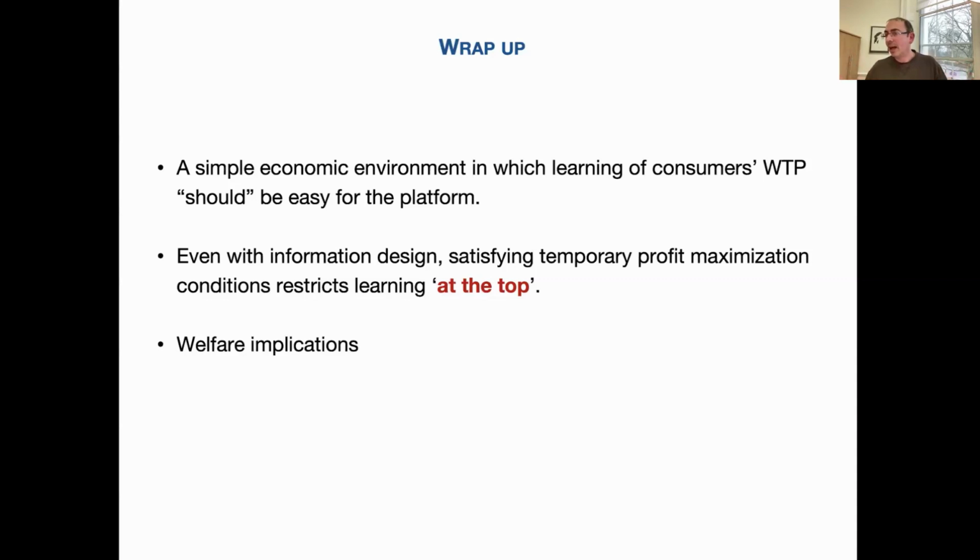Now you may say, I don't like that equilibrium refinement, so I can go to a different equilibrium. But it's not that straightforward. You need coordination. And it's very difficult to formulate this refinement in a more elegant way here because I have a continuum of consumers. But if I were to write down the model where I don't have a continuum of consumers with characteristic C, but a discrete number of consumers with characteristic C, I could rule out those equilibria where people are coordinating to a non-myopic strategy by trembling.